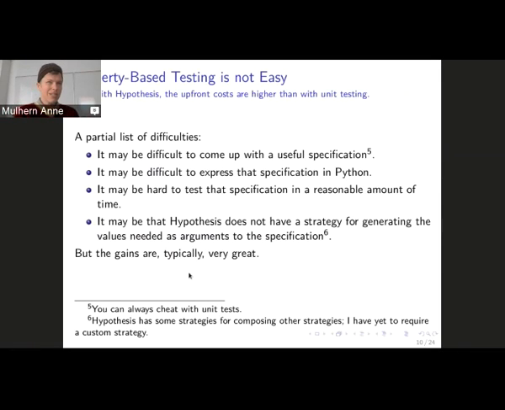And to this date, I have never had a problem with not having a way of generating examples for my tests. So all that work that you might have to do, you get a lot in return. That's the great thing.